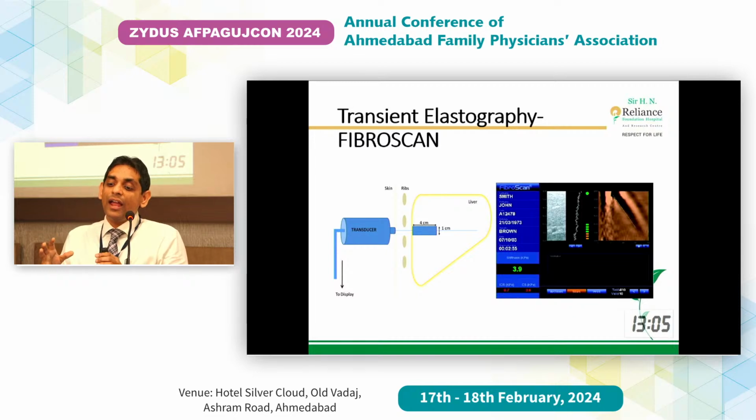Add to this, if you add elastography, just to add one point, people earlier were using RF, that was through a sonography machine, which was like a point of care testing. Same way we use FibroScan, a third generation advanced machine, which will give you far more accurate values than the RF to understand the stiffness of the liver.